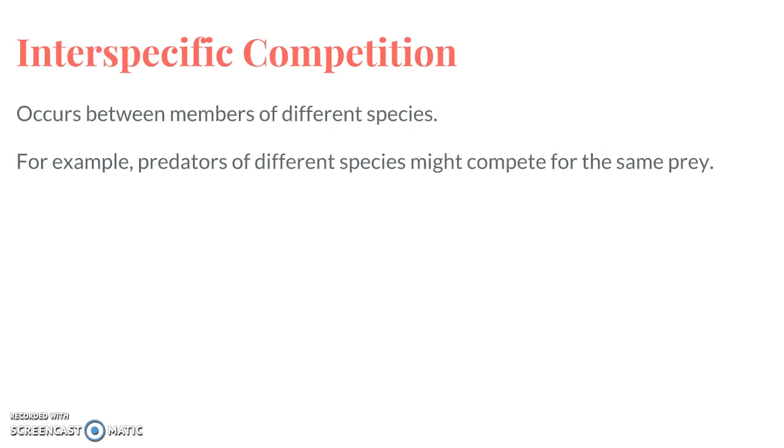Interspecific competition. This occurs between members of different species. So for example, predators of different species might compete for the same prey. An example for this could be